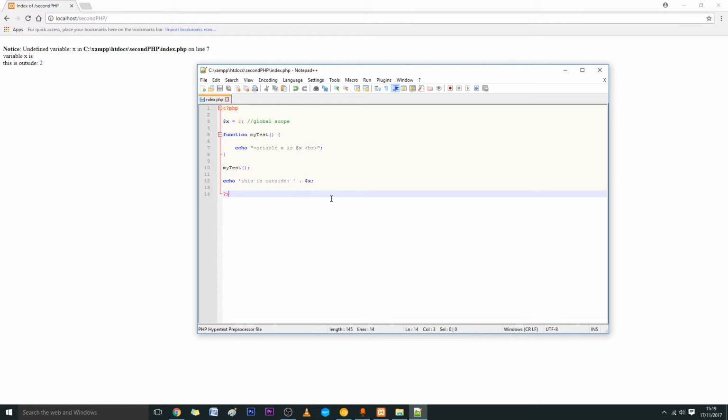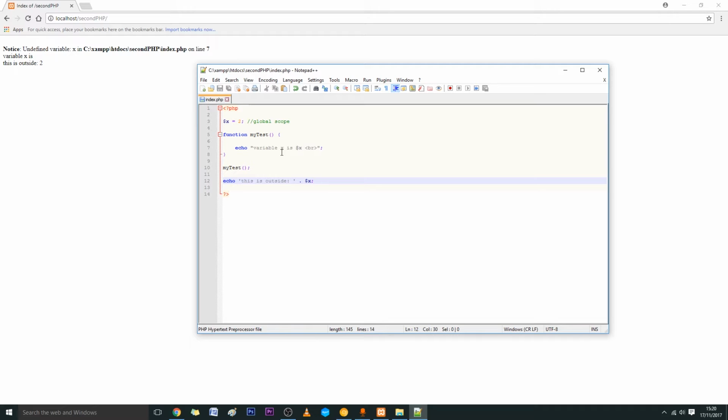It says 2. So it's displaying the value of the variable x, which is 2. This is because that we can access global variable from outside, but not within function. So this is the first type of the scope, global,